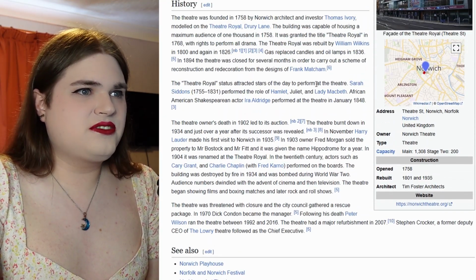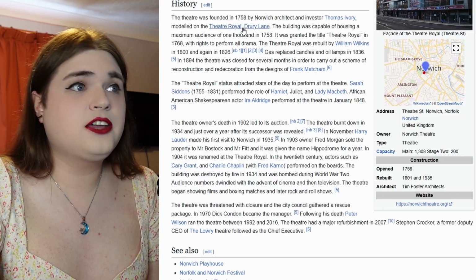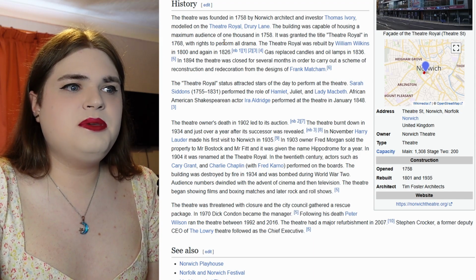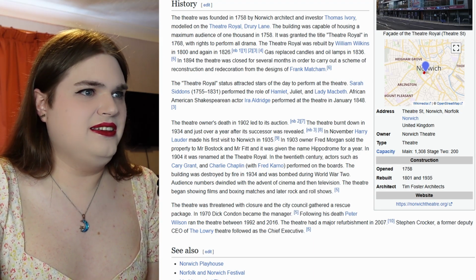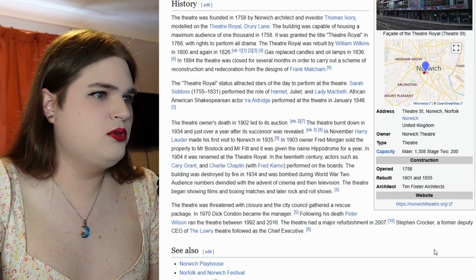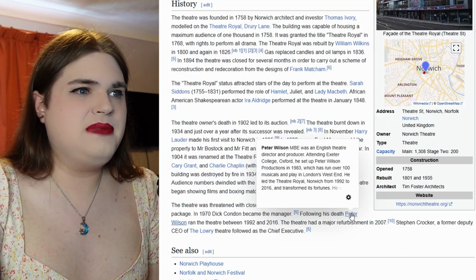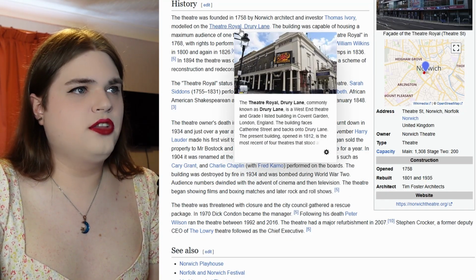I have some mentions of some Shakespeare shows. I have some people who I don't think are going to massively link. I can get to the West End. I can get to the Theatre Royal Drury Lane, which might be easier to get to. Obviously, if that's the only thing that's even remotely massively theatre-y, I might just go there. We have Peter Wilson, who is a massive theatre director and producer. It's either going to be Peter Wilson or Theatre Royal Drury Lane.